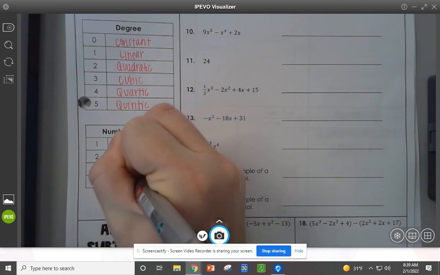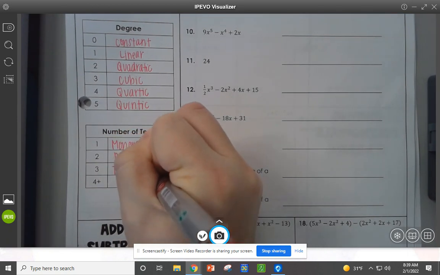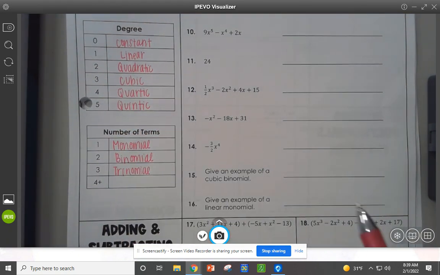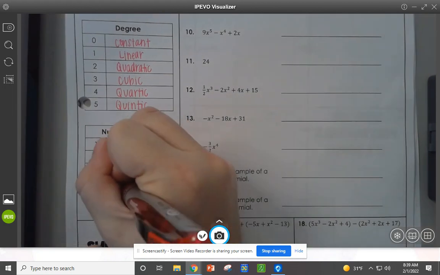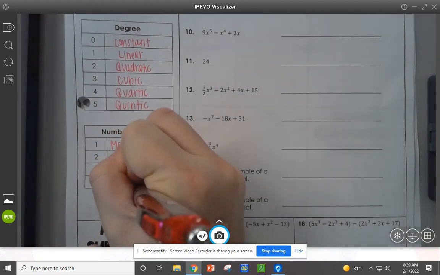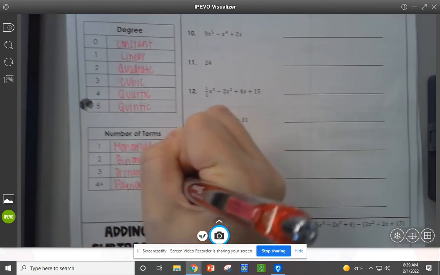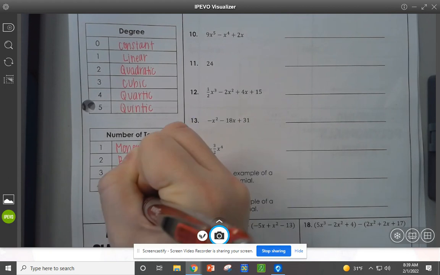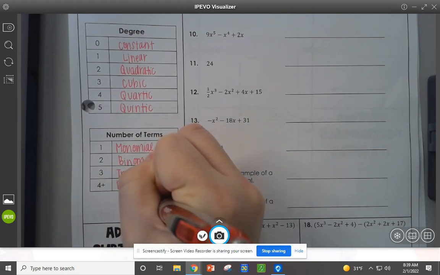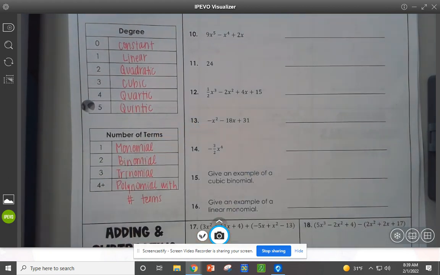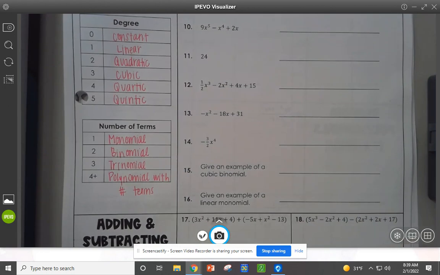Trinomial. And then after that, we just say a polynomial with whatever number of terms. We quit giving special names. So if it has 5,